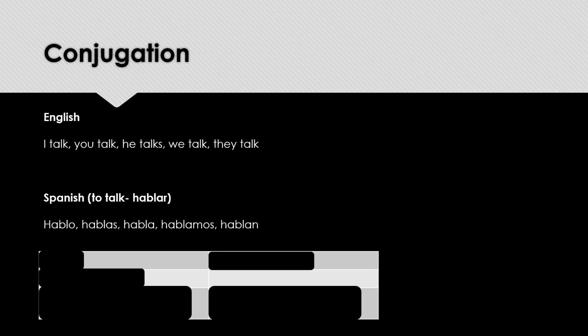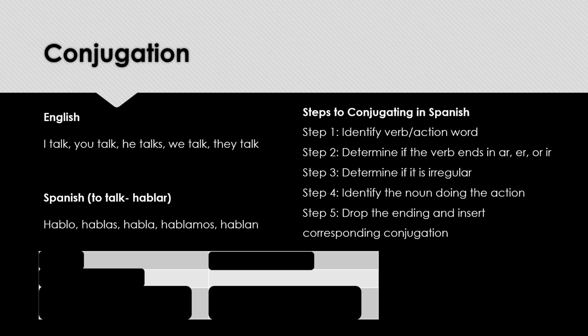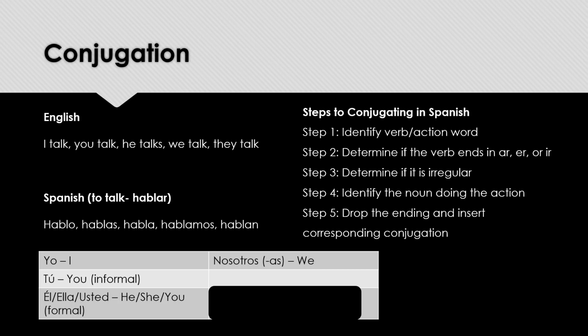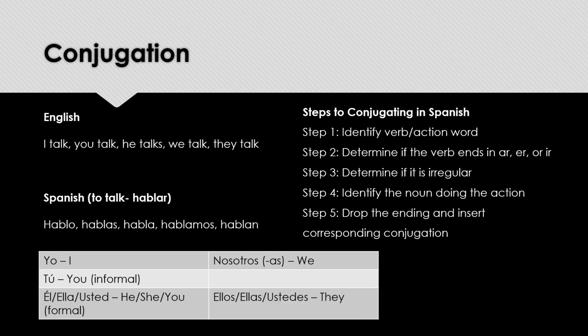The infinitive form is identified, and the ending, which will be AR, ER, or IR, will be dropped. The end is then replaced with a specific Spanish conjugation that gives subject, tense, and the action being done. The pronouns that coordinate with the conjugations are used to help determine which ending should be used. Here is a chart showing each of the pronouns that you will use.